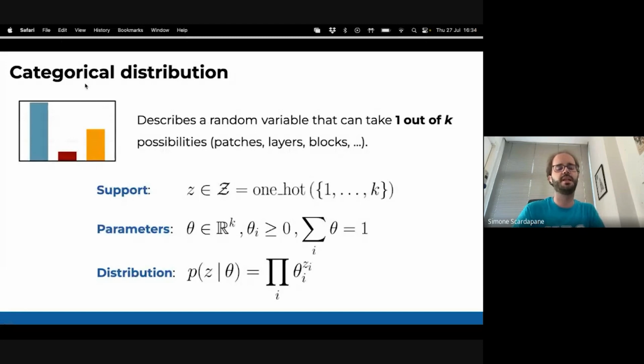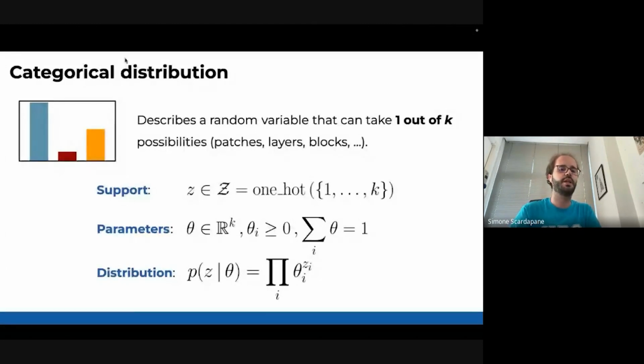So we like the neural network to explore different things with different probabilities with some pre-specified level. So what we like is basically a way of sampling from a categorical distribution. The idea is that we have a certain number of things we want to select. For example, this could be all the patches of my image. This is a little bit more mathematical, but you can skip it. Basically, each of these patches is represented by a one-hot vector, which has a 1 in the corresponding index. And my neural network will predict some parameters, one parameter for each patch, for example.